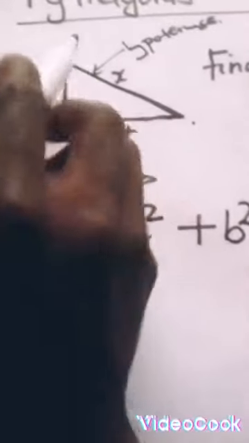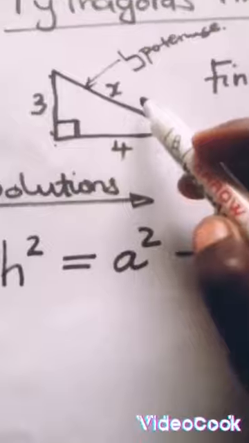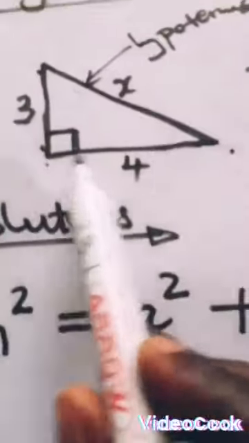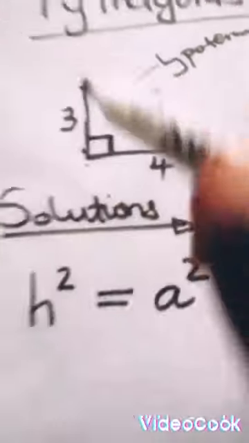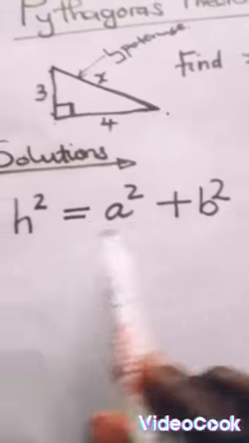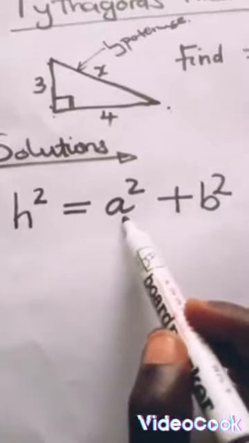So the formula used in the Pythagoras theorem says h squared is equal to a squared